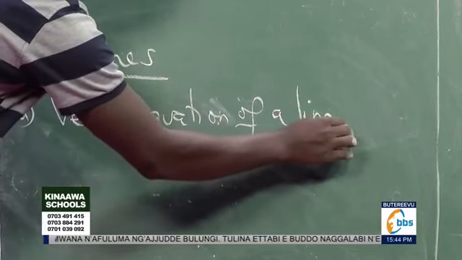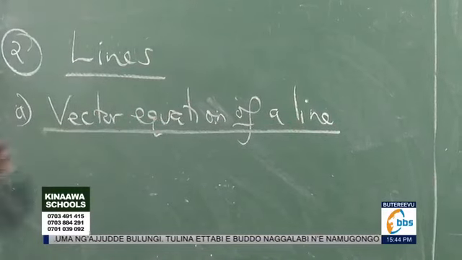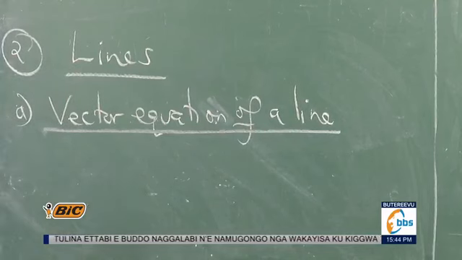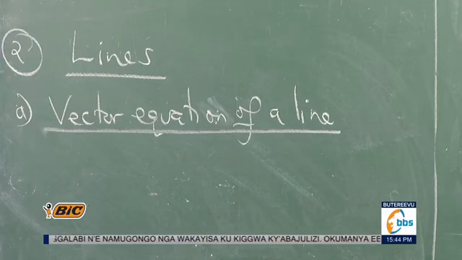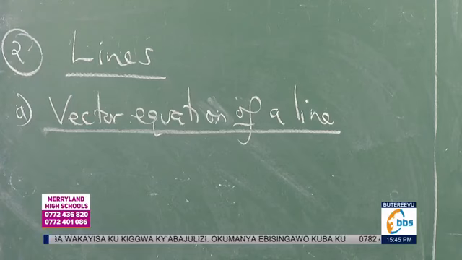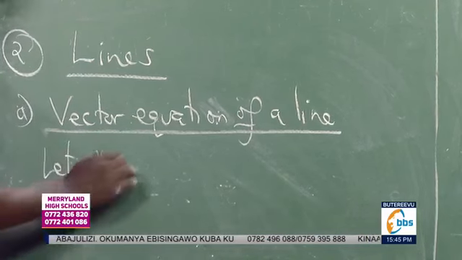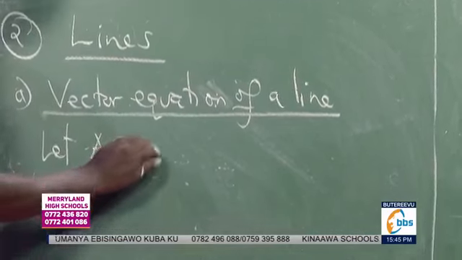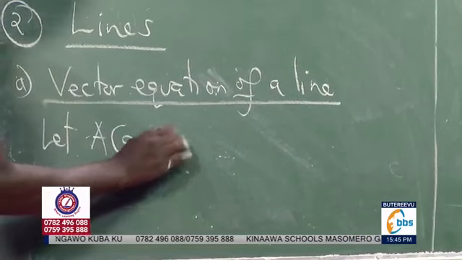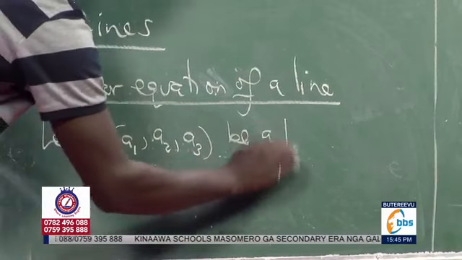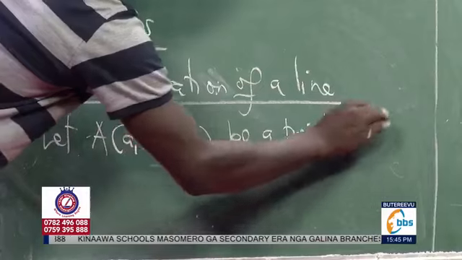When you looked at the straight line, perhaps in coordinate geometry, and you looked at the 2-dimensional concepts, here we are basically looking at 3-dimensional concepts, the equation of a straight line. The first one we shall look at is what we call the vector equation. So we let A, which is the point A1, A2, and then A3, be a point on the line L,